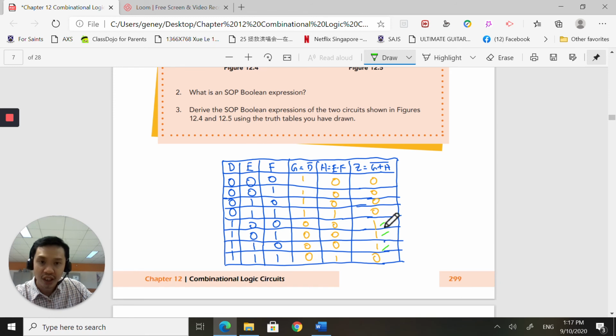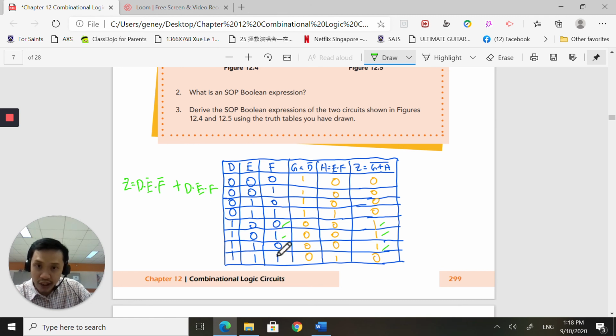So Z will be true if this happens, or this happens, or this happens. Okay, so let's write that down. Z is true if D and E complement and F complement happen. So D and E complement and F complement happens, or the second scenario, D and E complement and F happens,